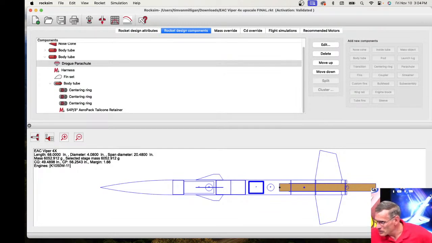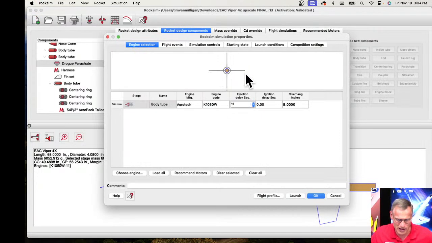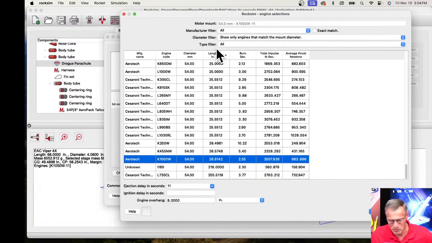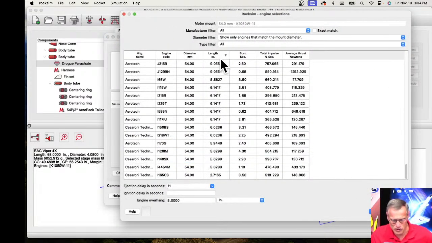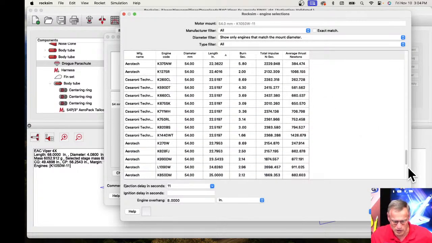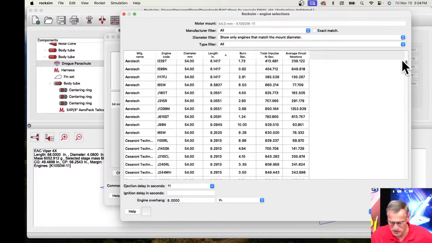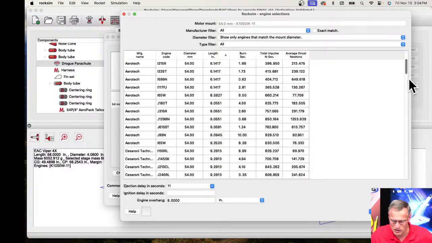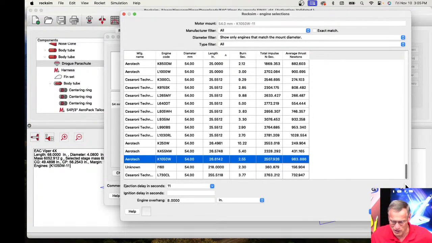Tony says, can you short engines by length? I think he's saying, can you sort engines by length? And the answer to that is yes. If you open up your engine database by double-clicking, you can see you can sort these columns just by clicking on them. Right now they're sorted from smallest or shortest, which is at the top. My shortest one is a Cesaroni, and it's 2.71 inches long. And my longest one, if I go down to the bottom, well,